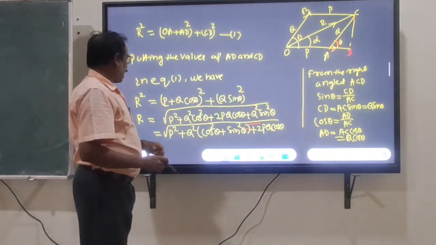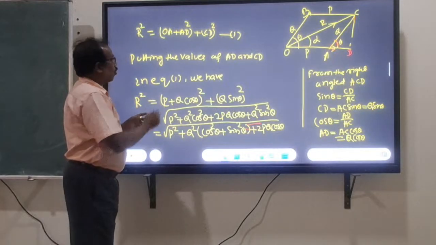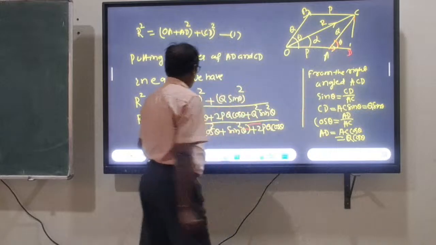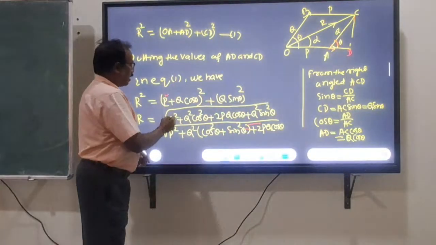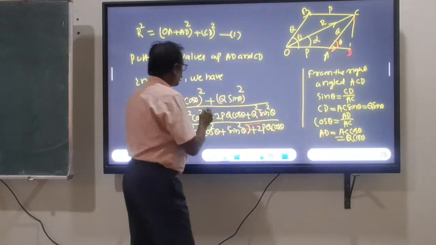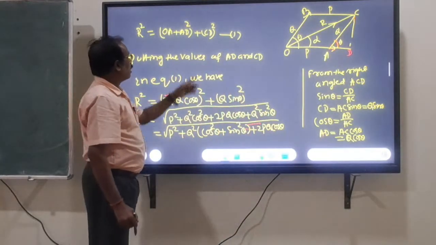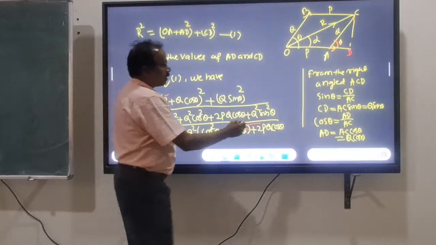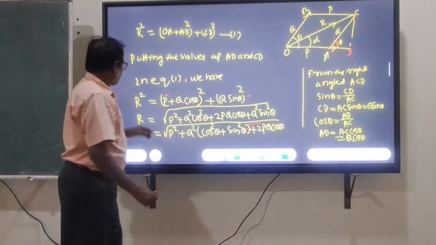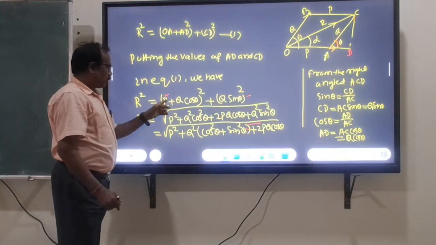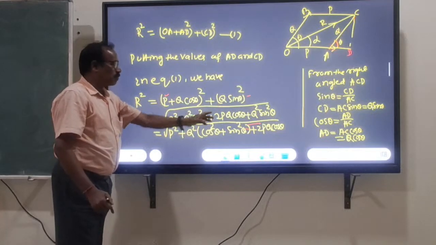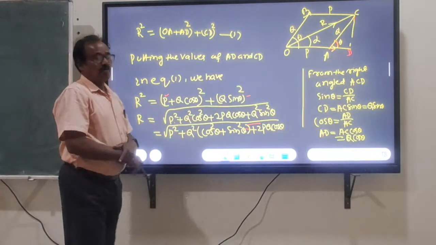Therefore, I am writing R square is equal to OA plus AD whole square plus CD square. OA is equal to P, AD is equal to Q cos theta, CD is equal to Q sin theta. Therefore, R square is equal to P square plus Q square cos square theta plus 2PQ cos theta, because a plus b whole square